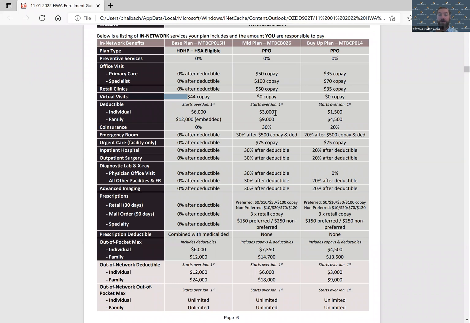Now, it works differently on our mid plan and our buy-up plan. What you'll see here is a $3,000 deductible on an individual basis. Coinsurance is 30%. Your out-of-pocket max here is $7,350, which means if you have a $10,000 bill, you pay the first $3,000. You have a $7,000 bill left. You're paying 30% of that $7,000. So that's $2,100. You would pay $2,100. That's 30% of that remainder of that bill,